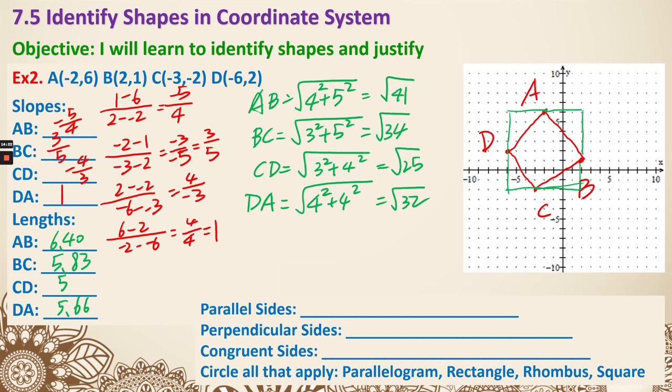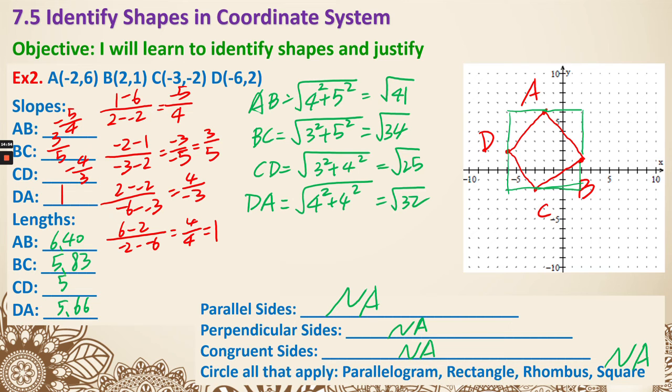Now if you look at all the slopes, none of the slopes are the same, so there's no parallel lines. And if you look for the opposite reciprocal, none of them are opposite reciprocals, so there's no perpendicular sides. And then all the lengths are different, so there's no congruent sides either. Now, since they're all not applicable, they don't exist, it's none of these special shapes. It's just a very normal quadrilateral. So for the circle, all that apply is also going to be